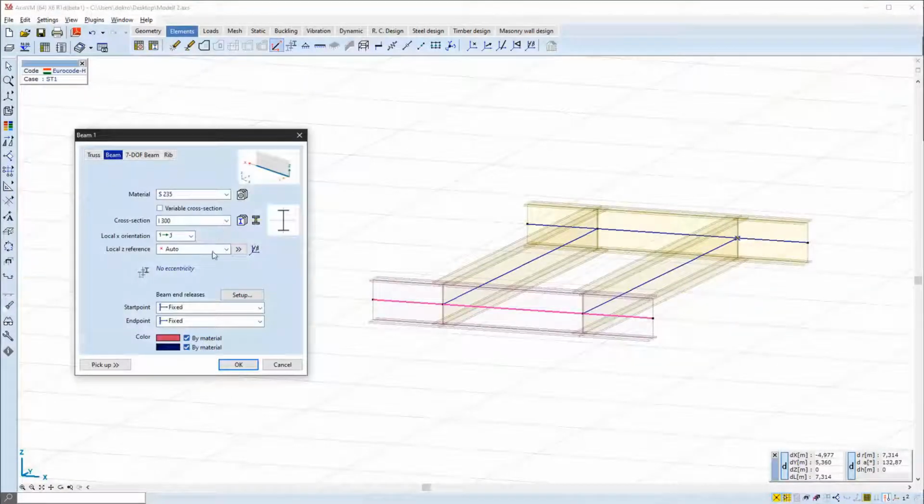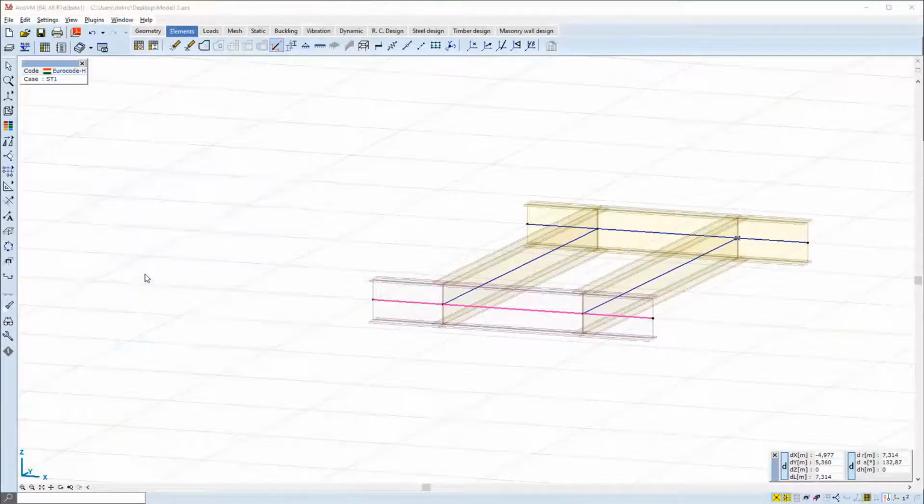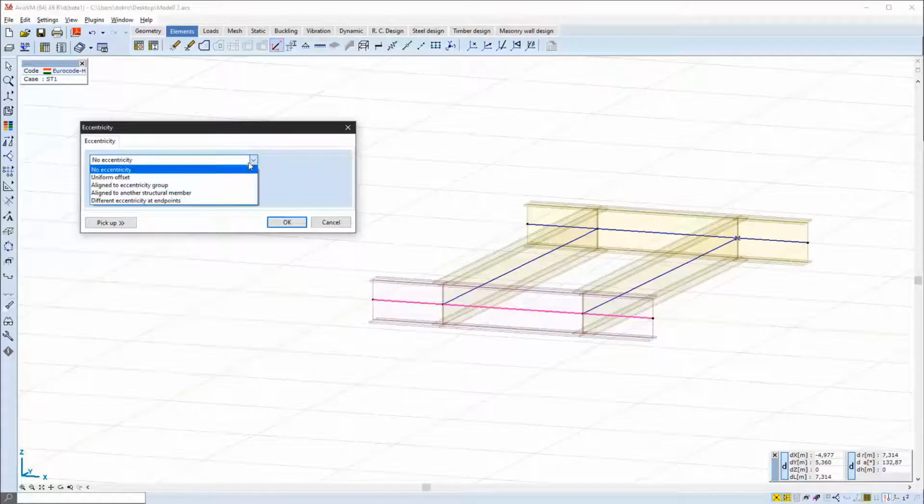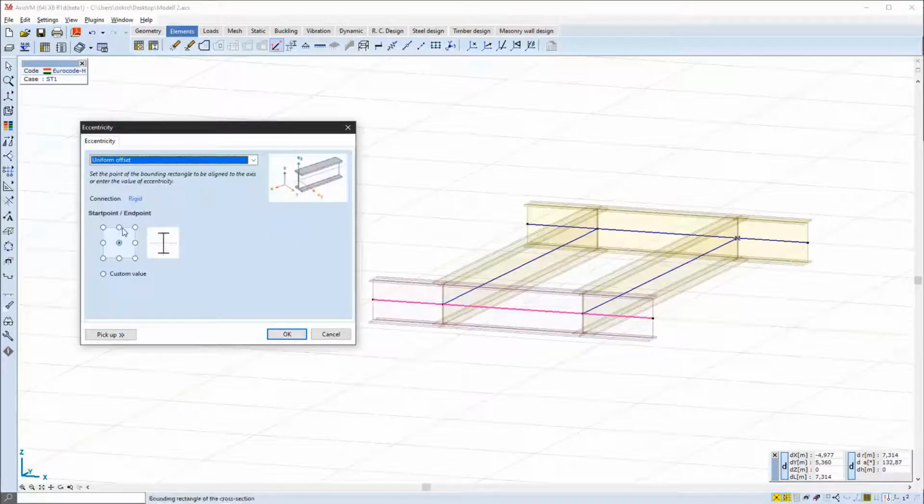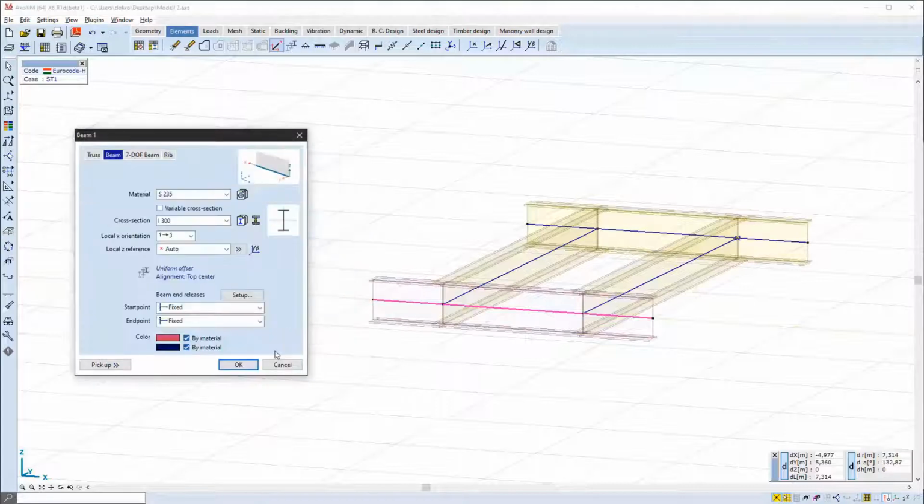Now we have the option to define beams and ribs eccentrically to their logical axis, and this is available for line elements. The first type of eccentricity which is being shown currently is the uniform offset. In this case, the eccentricities are constant along the member and can be set by radio buttons representing selected points